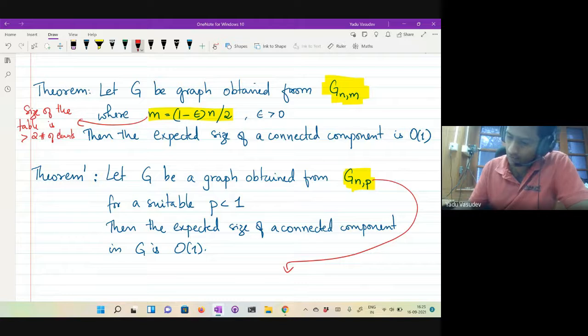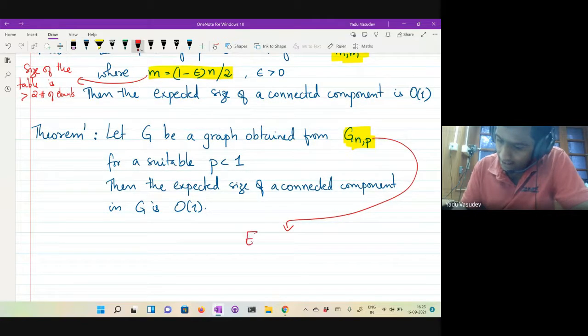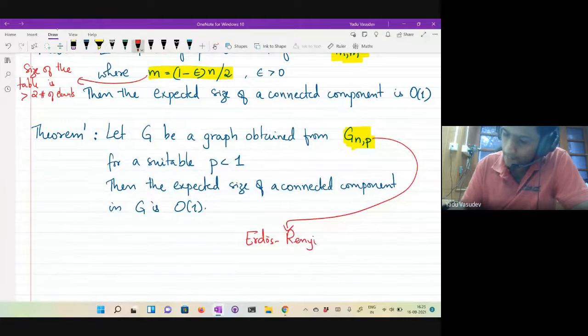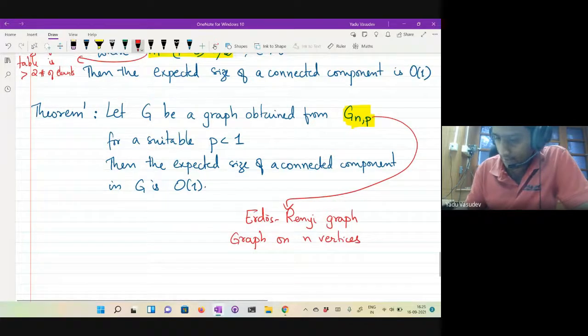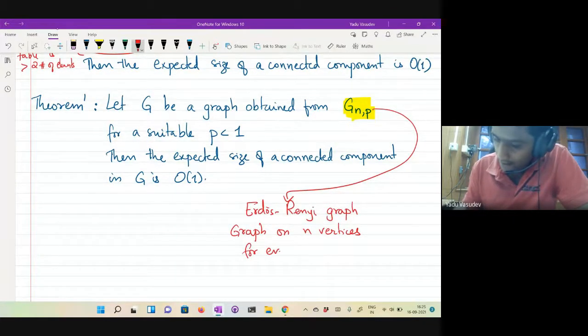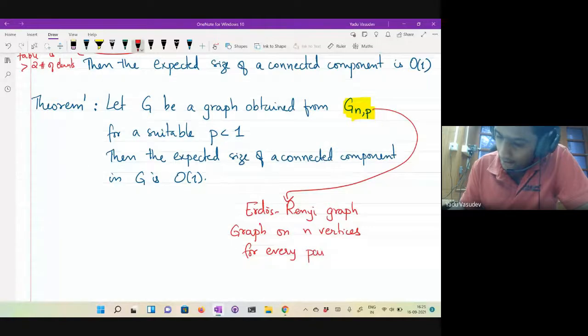And what is G(n,p)? This is what is known as an Erdős-Rényi graph. What does this do? This is a graph on n vertices, and you construct it as follows.